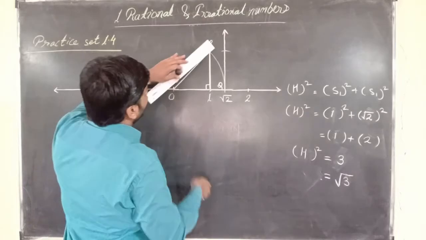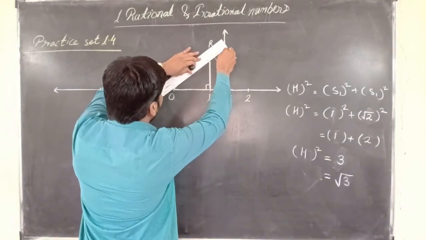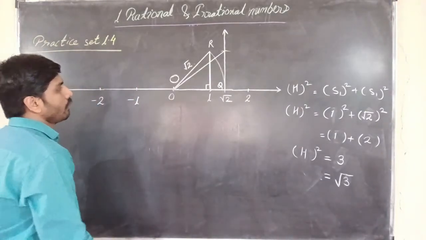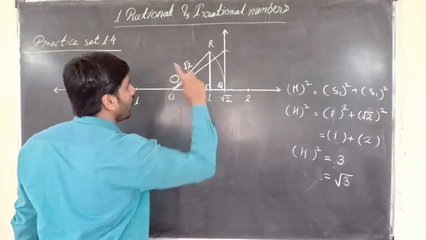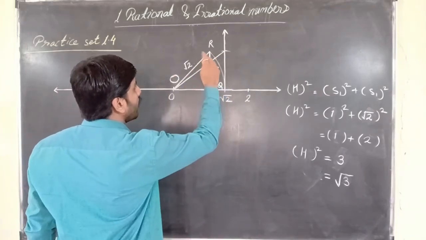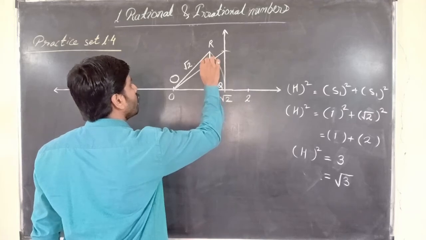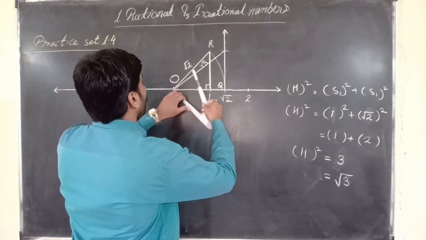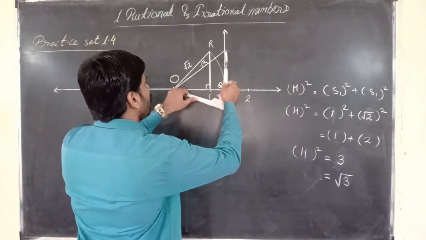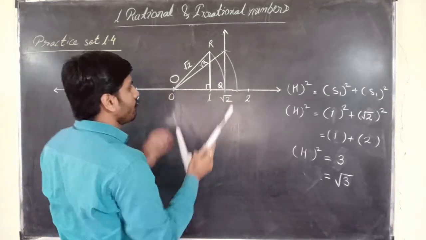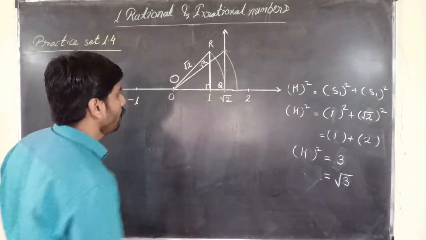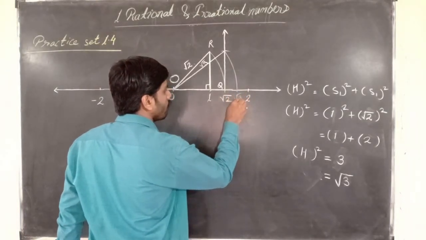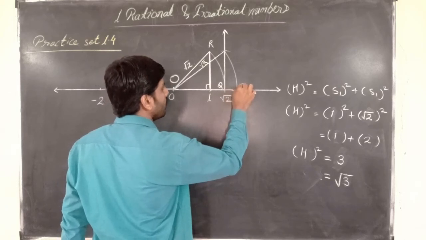So if we join them, here we will get the length of hypotenuse, that is square root of 3. And we will mark this length on real number line. So here we have point square root of 3. We'll call this point as C, and